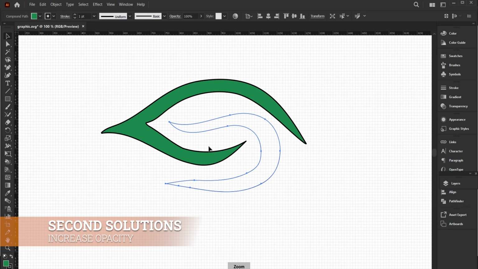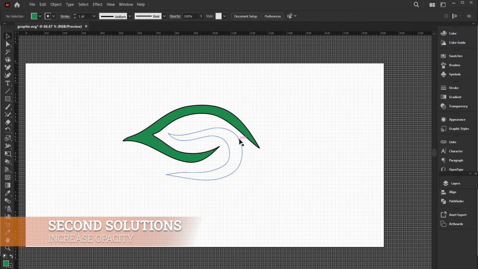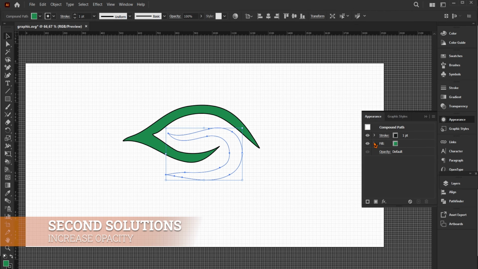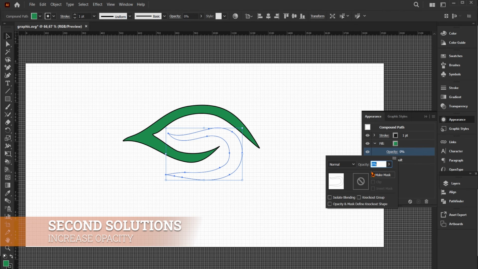Select the object and open the Appearance tab in the side panel. From there, we see that the transparency option is 0% under the Fill tab. Let's do this